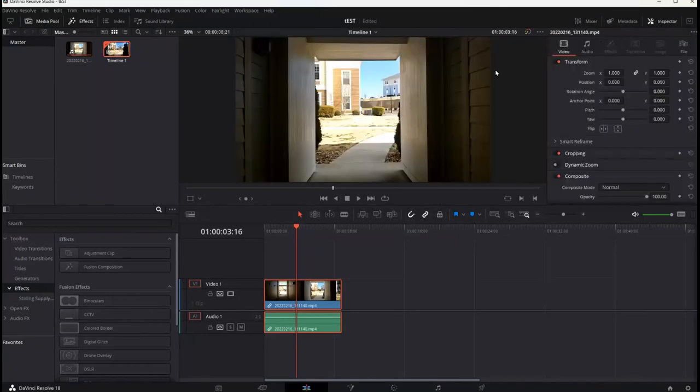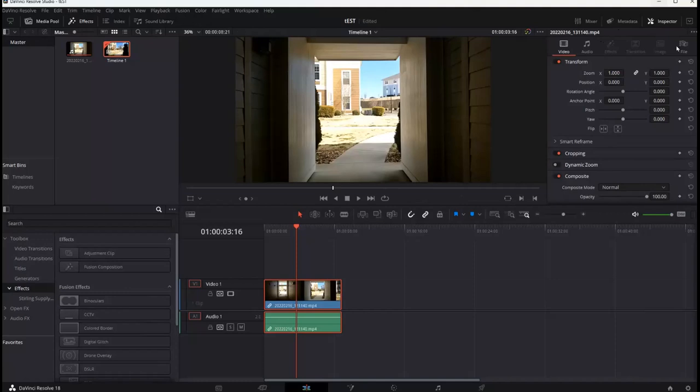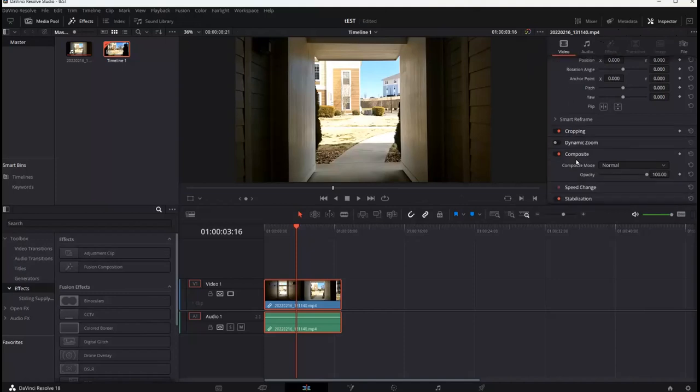Inspector, right? It's a setting. Effects in DaVinci is like transitions and that kind of stuff, right? So inspector is where you have all of the things where you can, for example, zoom the video or crop it and stuff like that. All of that is under inspector. Anyway,